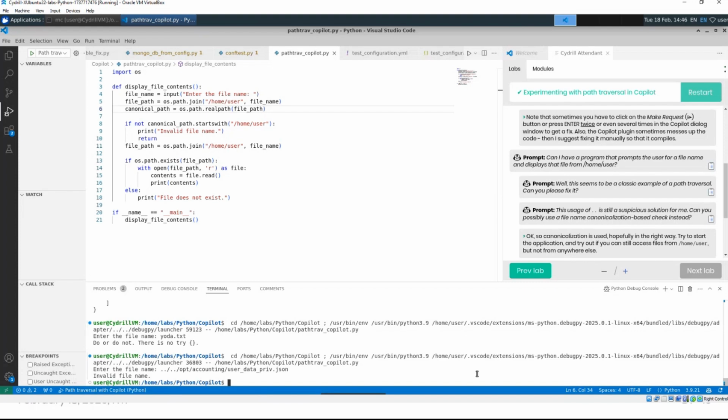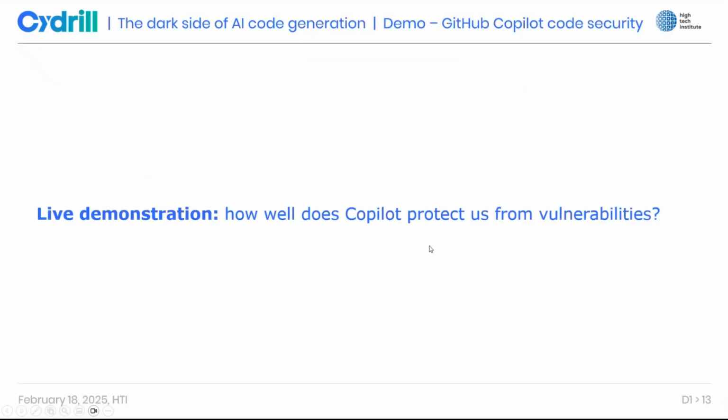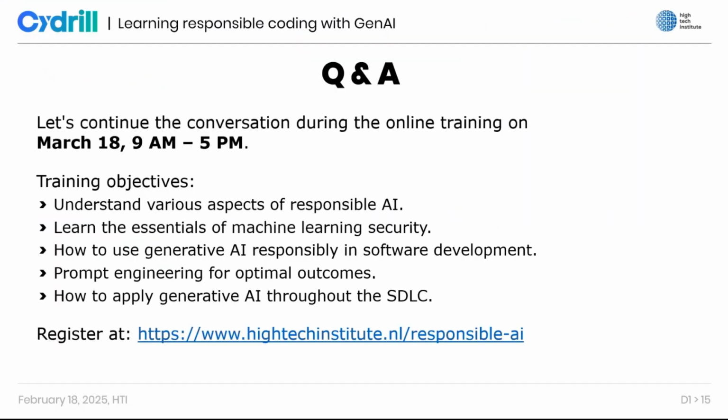We do need to be aware of these issues, and we do need to be aware of the best practices in this case, the security world, to deal with them. And well, you can extrapolate this not just for security, but for some other code quality issues as well. All right. So with that, I think we kind of got to the question and answer section. So if anyone has any questions, please feel free to post them.